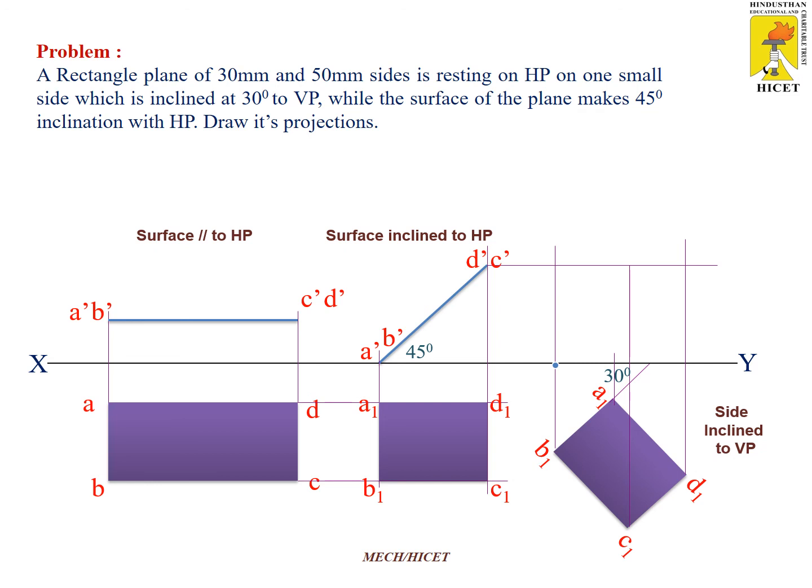After drawing this line, you have to mark the point where A1 and A dash intersect, B1 and B dash intersect, C1 and C dash intersect, and D1 and D dash intersect. You have to mark those points, and after that you just connect the lines. These are the points which are intersecting each other. After marking the points, you just join A, B, C, D. To differentiate this, I have marked them as A1 dash, B1 dash, C1 dash, and D1 dash.